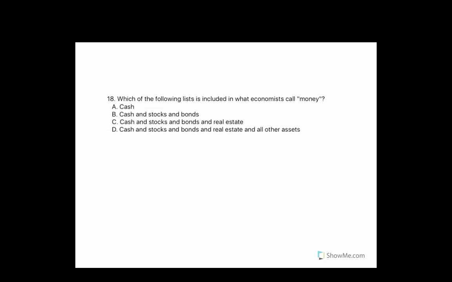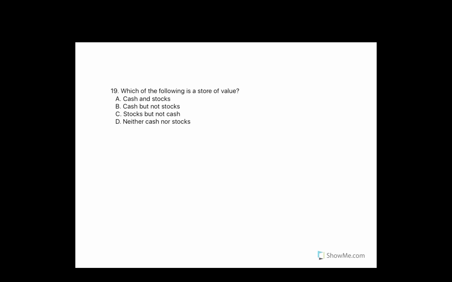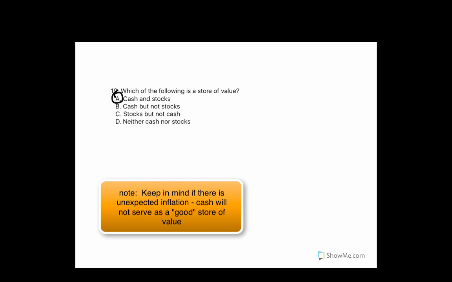The following, this is included in what economists call money, and this one's just kind of a definition, and it's just cash. Which of the following is a store of value? Okay, so this is different. This would be opposed to like commodity money or something. So cash and stocks in this case is the right answer. So the idea being that neither cash nor stocks have some intrinsic value to them. They're just kind of there as a means of counting or a means of storing value that can be translated